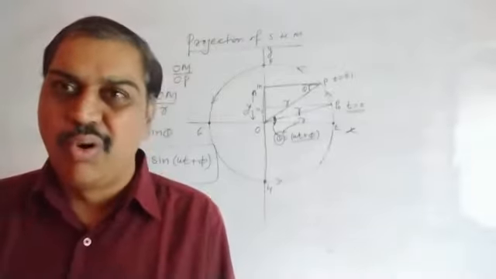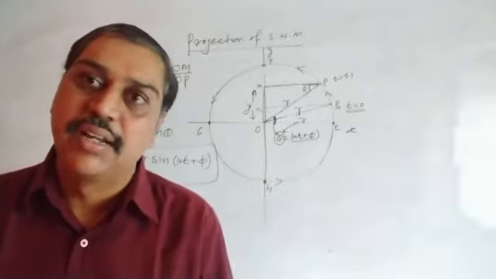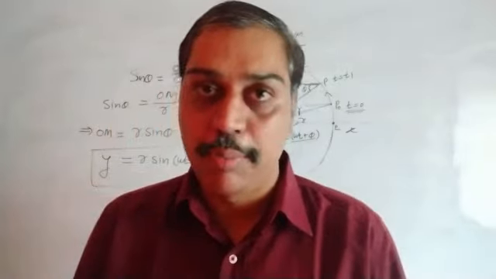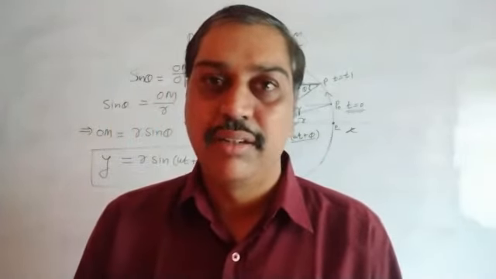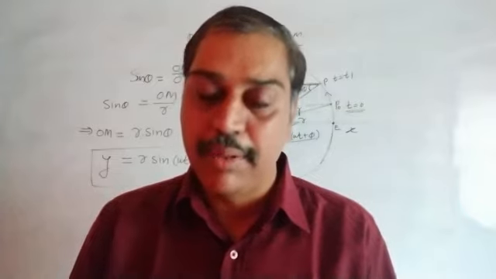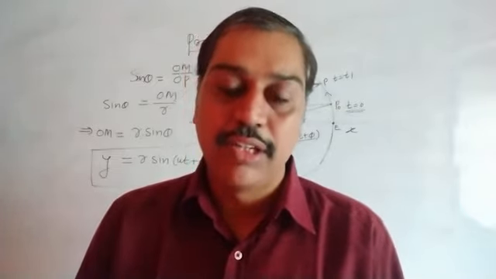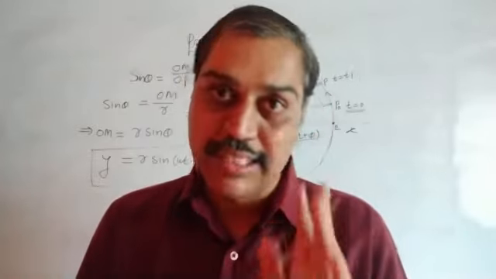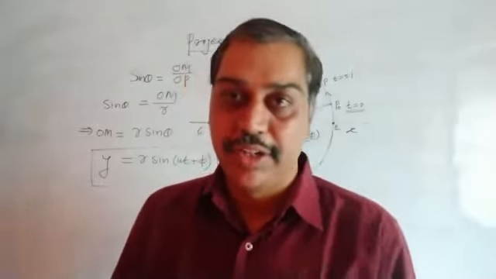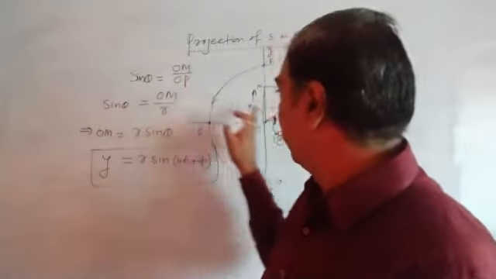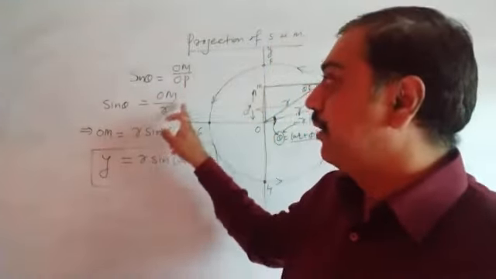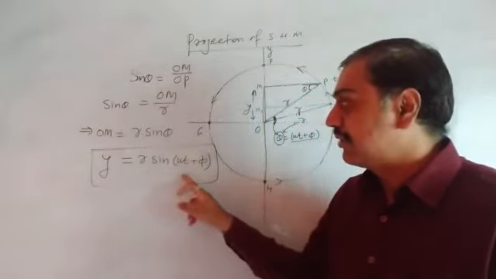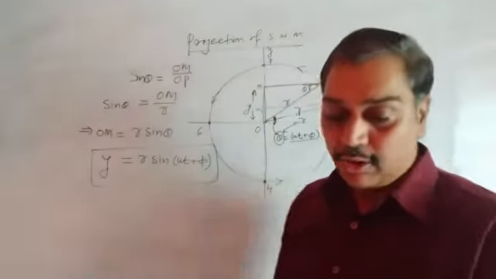Now see, don't read this too much, because if you read it, it is quite difficult to understand what they have mentioned. The same topic, they have explained in their own way, but I think it is a little bit complicated. So it is not essential to read it. Just remember the equation for the projection of displacement. From this triangle we found sine theta and the value of OM. OM is nothing but y, and y equals r sine of omega t plus phi is said to be the projection of displacement.